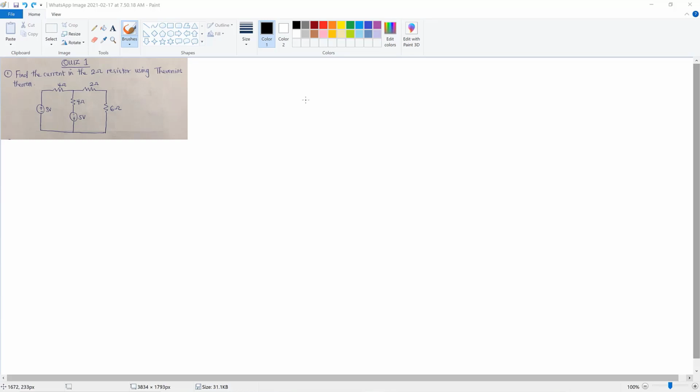Question 1 says find the current in the 2 ohm resistor using Thevenin's theorem. Now, to apply this theorem, you are supposed to take the resistor in question out and then represent that terminal with an open circuit voltage. That open circuit voltage is called the Thevenin's voltage. So to illustrate,